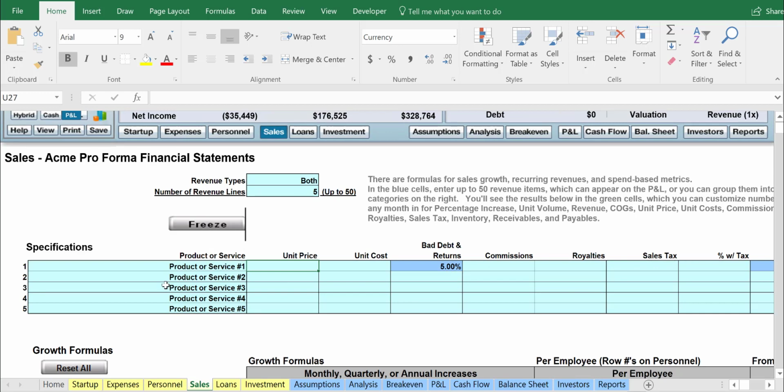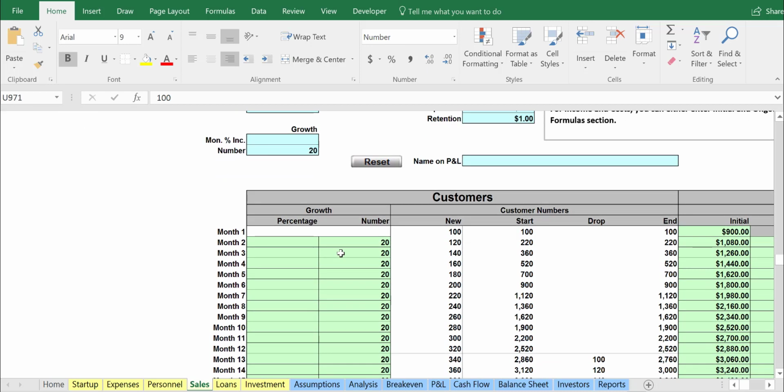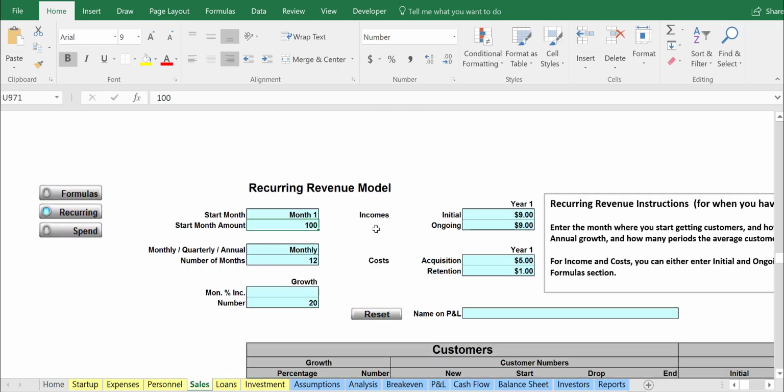This is a real big process of iteration, going back and forth, tweaking things, reducing expenses, increasing sales, etc. And we really haven't built out many expenses at all. We only put in one sales and marketing expense and one operating expense. But this is basically how you can fill it out. And this is the recurring revenue. Now,